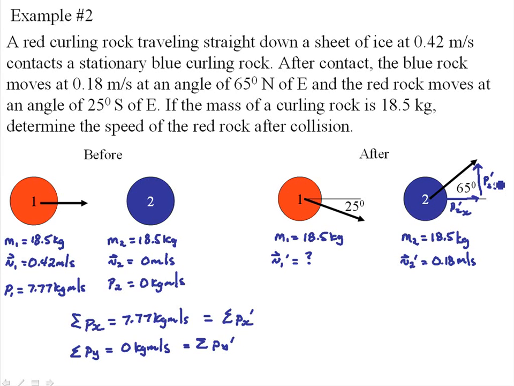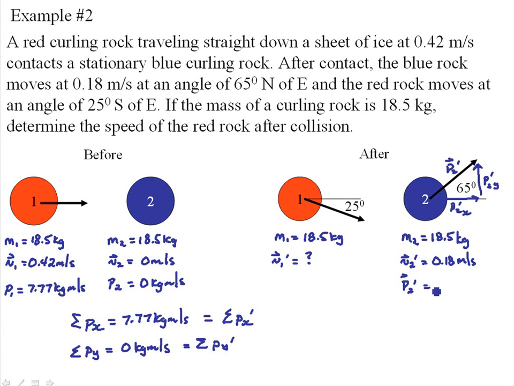We can find its components because we can find its resulting momentum by just multiplying mv. The resultant is going to be